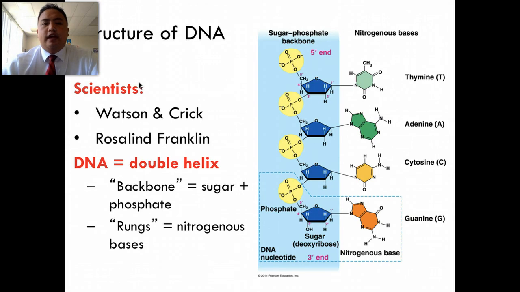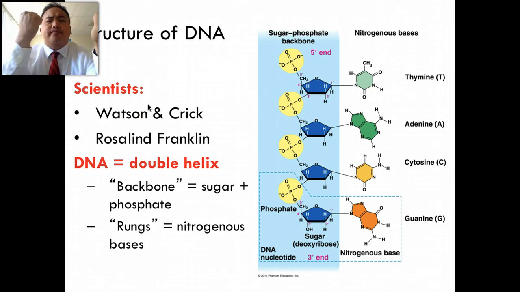The structure of DNA was found out by, first, Rosalind Franklin, a female scientist. She found that it was kind of in the shape of an X, which is representative of that chromosome that we see. So she was the first person to take a picture of DNA. Watson and Crick basically took the information from Chargaff's rules and the picture from Rosalind Franklin, and figured out that it